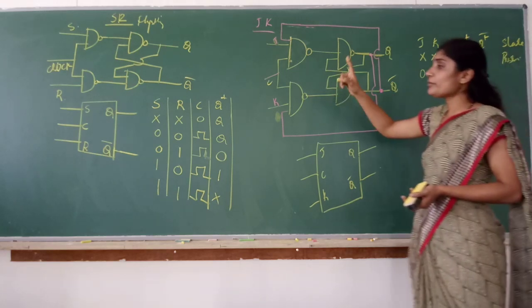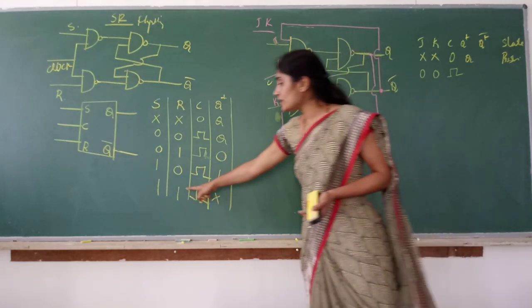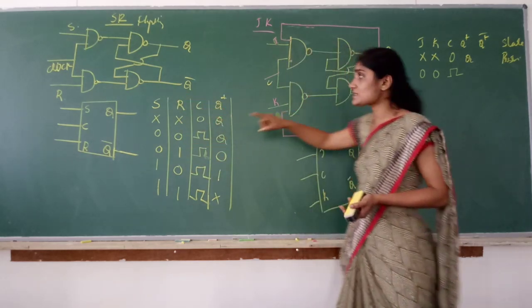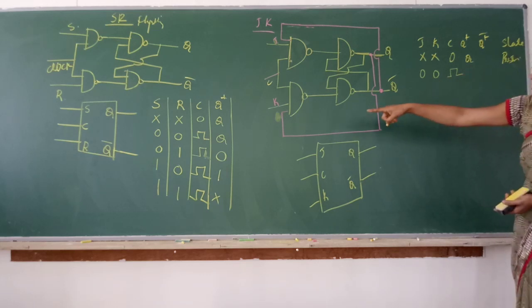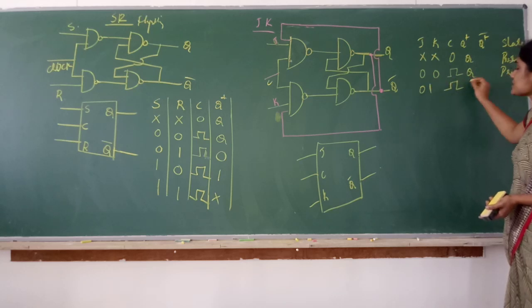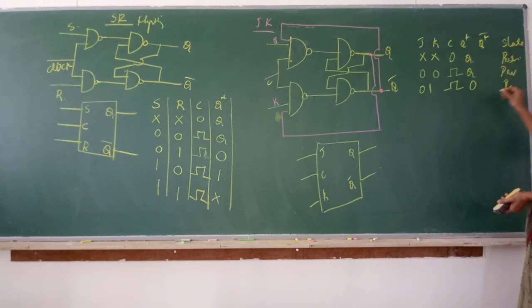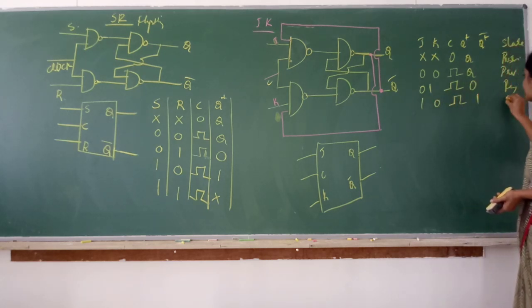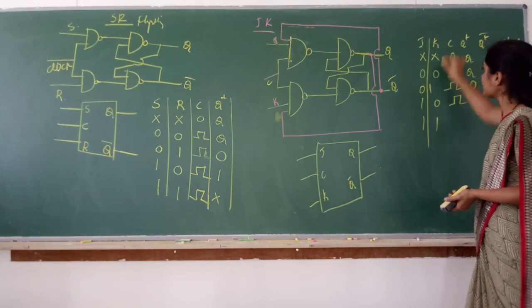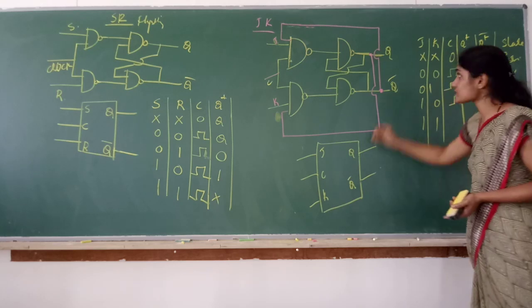I have to tell one more thing. JK flip-flop works the same as SR flip-flop except for one condition. We have designed JK just to eliminate this condition, the metastable state. So for 0, 0, 0, 1, 1, 0, JK flip-flop is the same as SR. 0, 0: SR is what? Previous state, right? So previous state. 0, 1: SR flip-flop is reset. So 0. 1, 0: set. 1, 1: SR flip-flop truth table is what? For 1, 1 it is metastable state. So we have designed JK flip-flop to eliminate this condition.